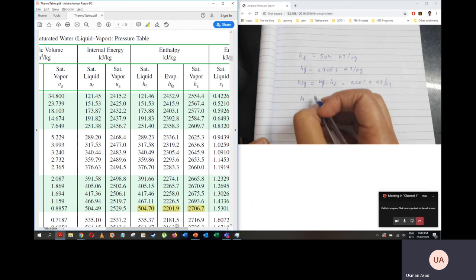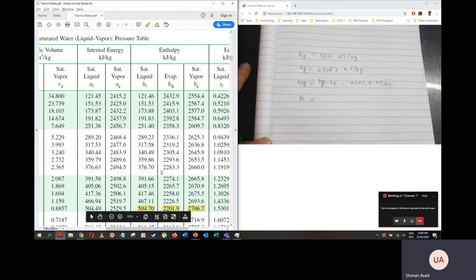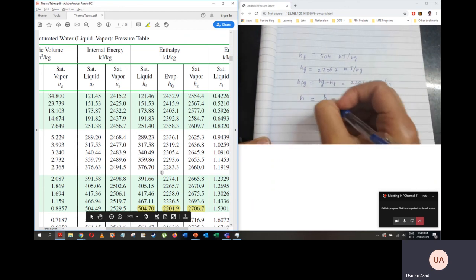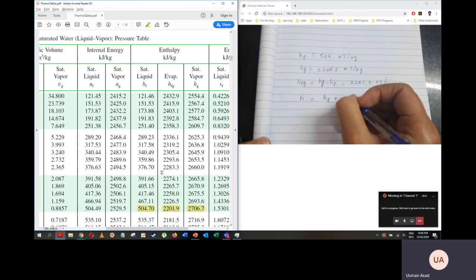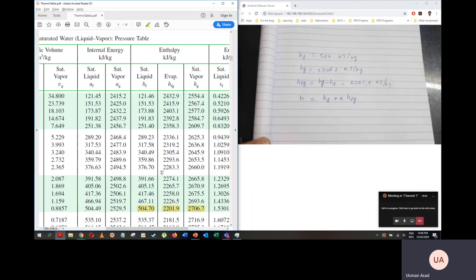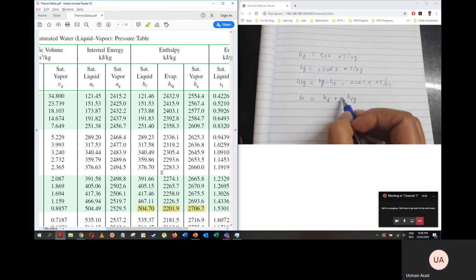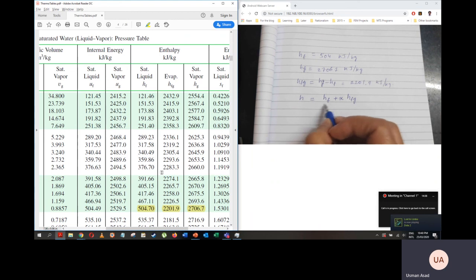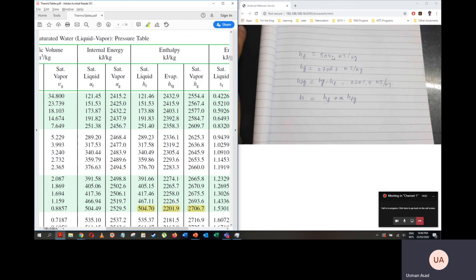That you can find by the formula, which was in the slides, but I'm just going to write it down right here, right? So it's just going to be equal to HF plus X into HFG, which is essentially saying कि अगर X 0 होता तो this would have just given me HF, और अगर X 1 होता तो this would have given me HG. और मैं चूंकि ना बिल्कुल लिक्विड पे हूँ ना बिल्कुल वेपर हूँ, मैं बीच में कहीं हूँ, सो मेरी जो H की वैल्यू है, एंथैल्पी की वैल्यू है, that should also be somewhere between these two values, somewhere between 500